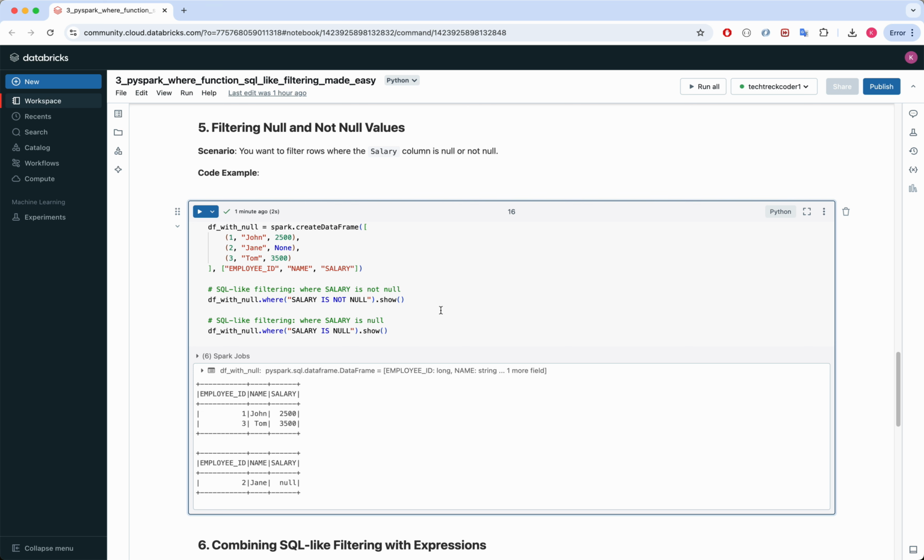Next, we use the where function with the condition salary is null to filter and select only those rows where the salary value is missing. This helps us identify the incomplete records that may need special handling, such as imputation, correction, or exclusion from analysis. The .show method is used to display the filtered data frame, which will contain only employee Jane, whose salary